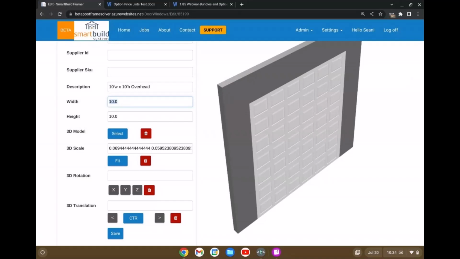And really, they want to be able to put in the width as 10 by 10 because that's the width and the height of the door. You ask someone, how big a door do you want there? They don't tell you, I want a 9 foot 11 by 8 foot 11 and a half. They tell you they want a 10 foot by 9 foot door. But anyway,